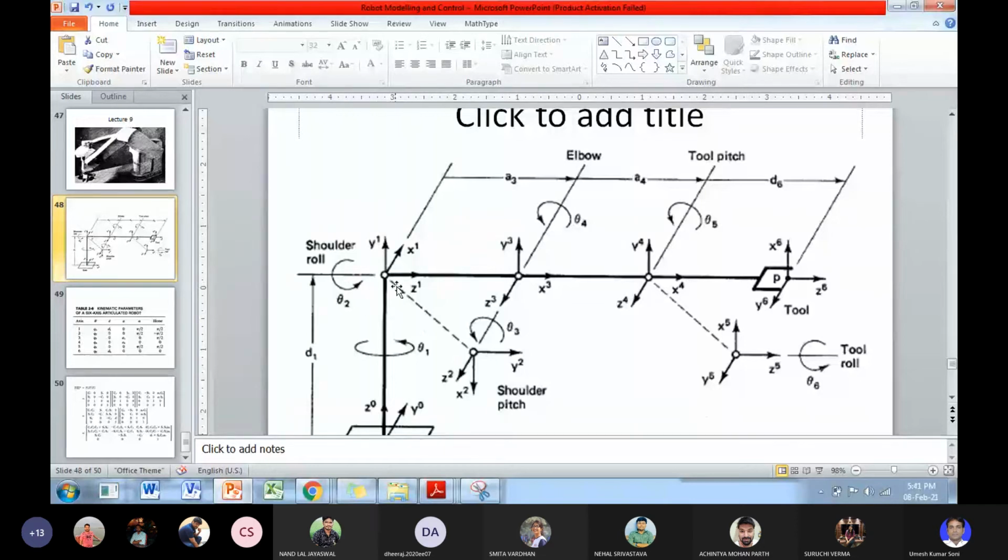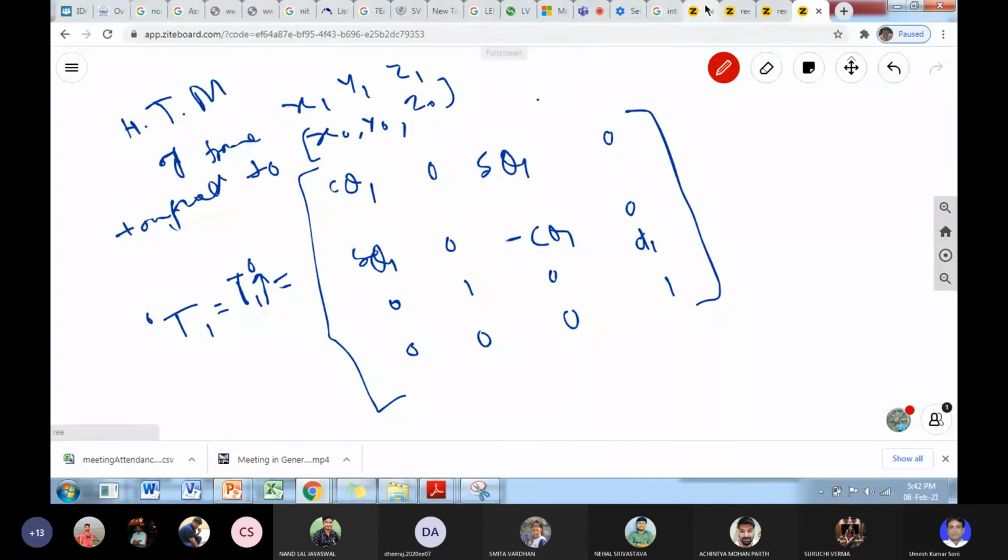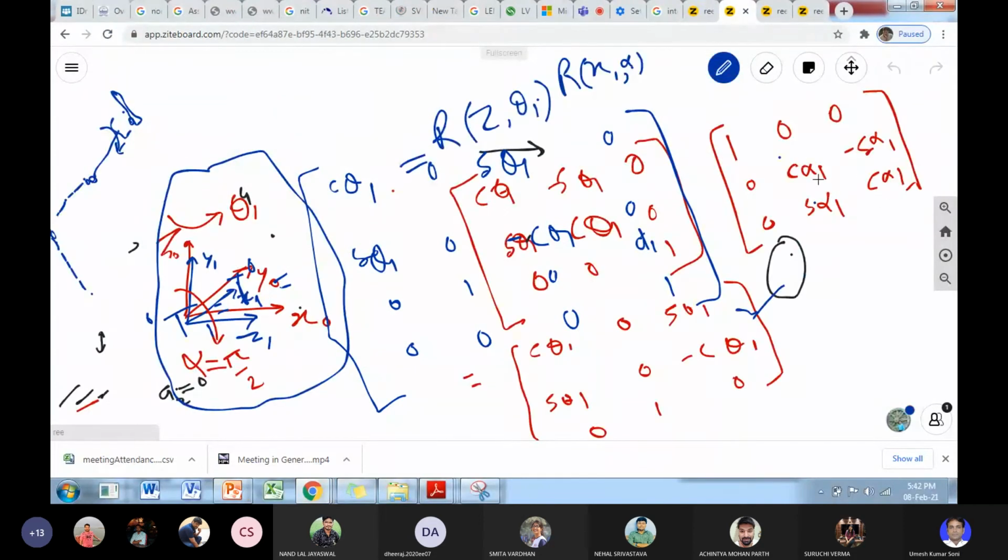Rotation of theta 2 along z1 axis will represent the cos theta 2 and sin theta 2 in this transformation. And because there is alpha pi by 2, then another transformation will be there with alpha equal to pi by 2. This is alpha 1 equal to pi by 2, this is alpha 2 equal to pi by 2. So when you get here this value, here now you put cos alpha 2, minus sin alpha 2, sin alpha 2, cos alpha 2 and 1.